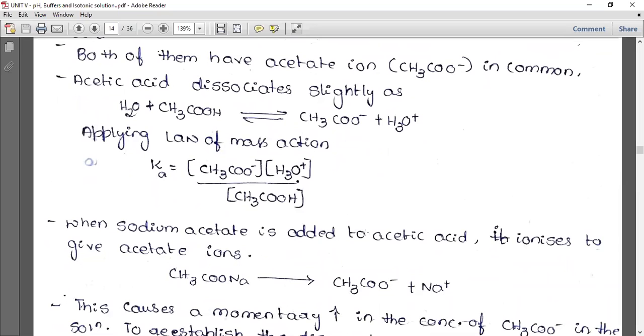So now what happens to the system or beaker? Consider this as a system containing acetate ion, acetic acid and H3O plus. Only three species are present. To this system, when I'm introducing sodium acetate, what I'm introducing indirectly is acetate ion and sodium ion as well. Because